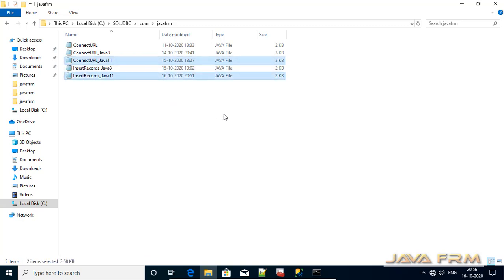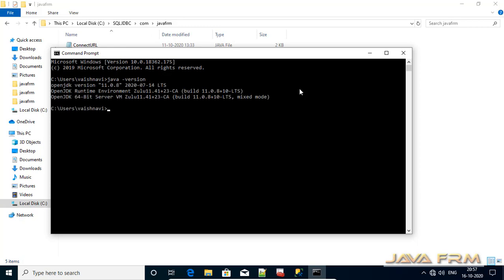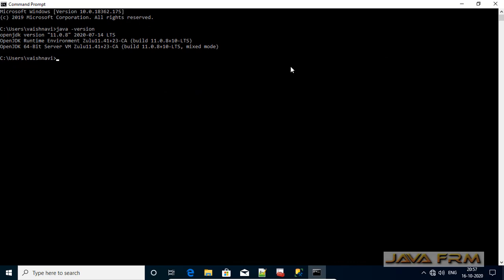We are going to see two basic JDBC programs. Before we proceed to JDBC programming, let me check whether Zulu OpenJDK 11 is available in the path or not. Yes, it's available in the path.